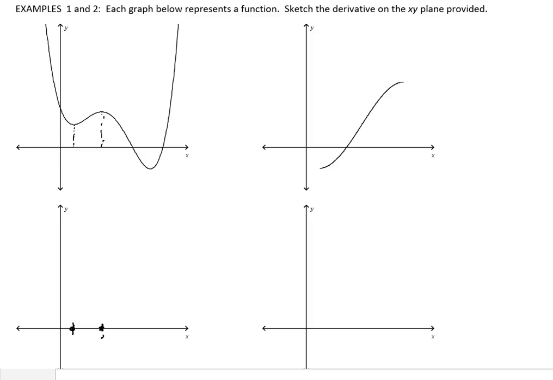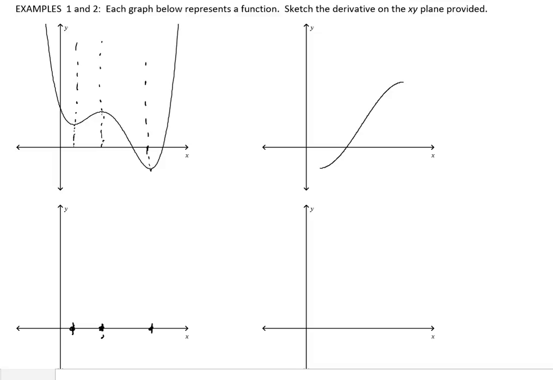And then there's a minimum right here. So that would come down to about here. There would be a minimum. And so that would be a 0. Each one of the maxes and mins becomes a 0 on my derivative. Now technically it could be does not exist, but that's not going to apply right now. Now when I get here, if I divide this up by those change points,